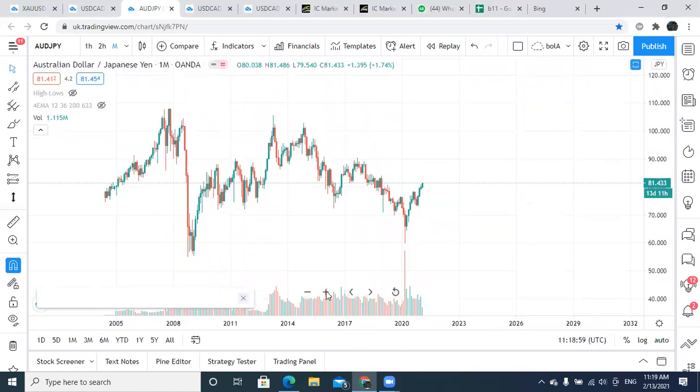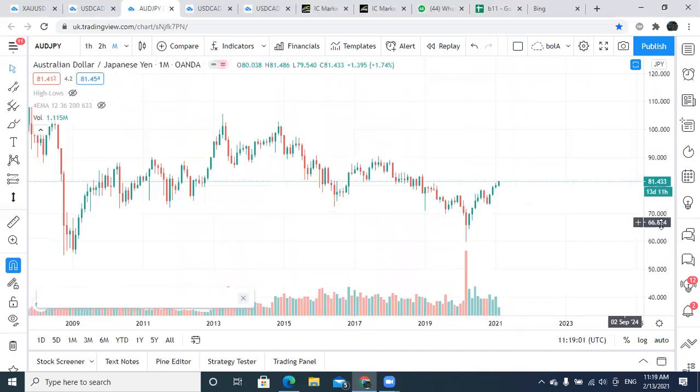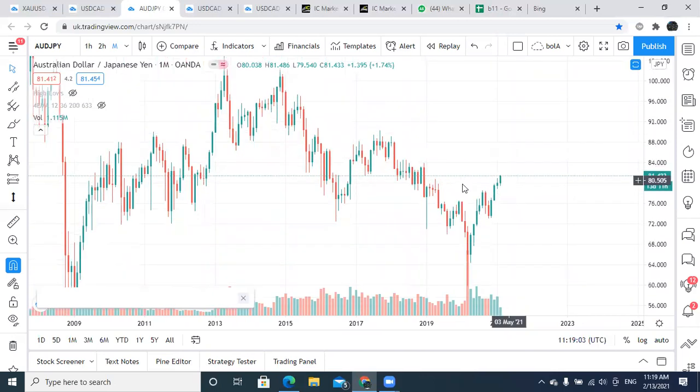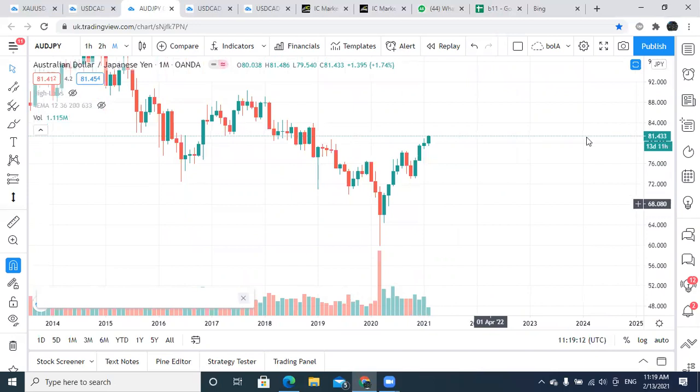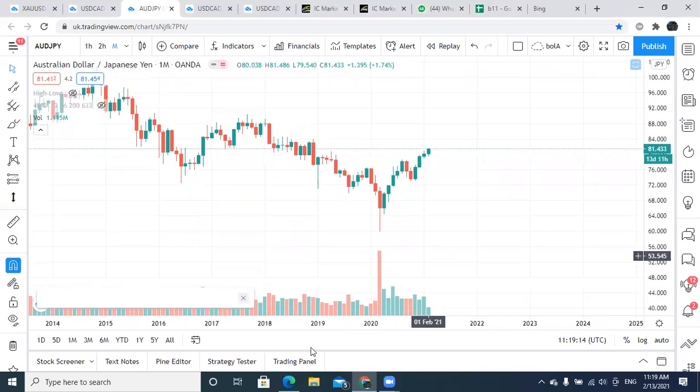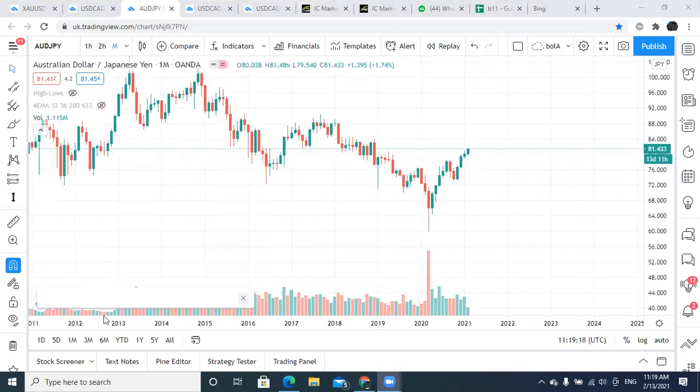As you can see, the situation with Aussie yen monthly is completely different to the situation with Aussie dollar, because on Aussie dollar, we managed to trade below the low of the previous month. Okay, so what do we want to do in essence? We want to look at this chart and say to ourselves, where are the monthly levels? So the last monthly levels that we've ever seen on this chart,